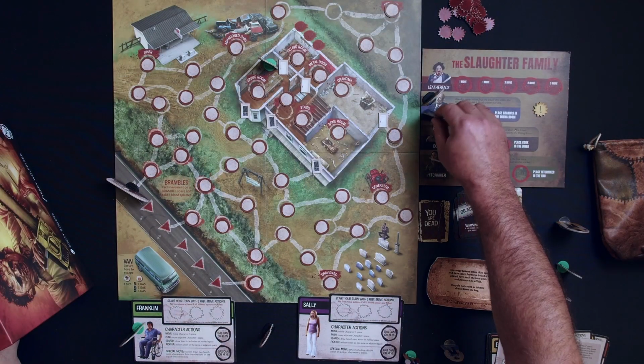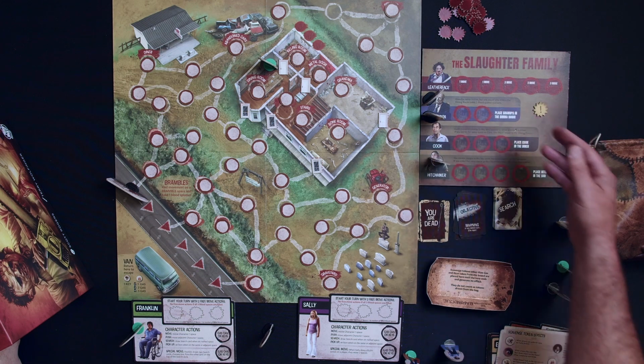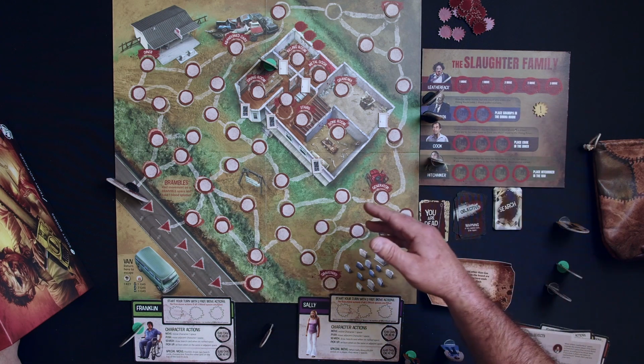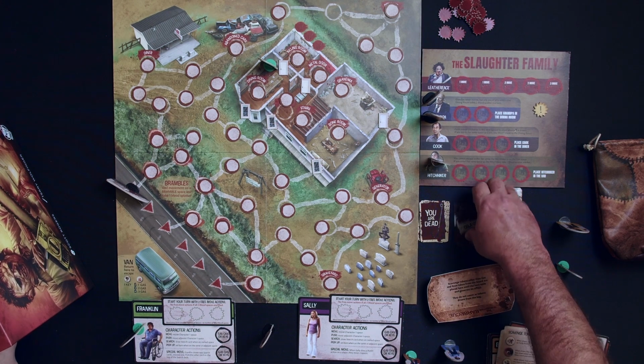Also, there are Slaughter family tokens, and if you collect enough of those, more of them can come on the board. So it ramps up the difficulty. That's right. And we also do have optional objective cards once you start getting to the point where you think you know this game, and these make it harder. Okay. And then when you die, if you die,